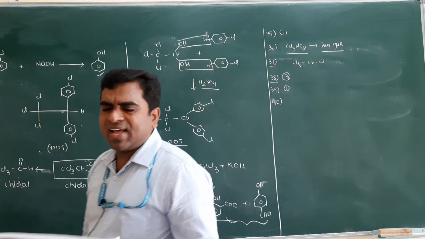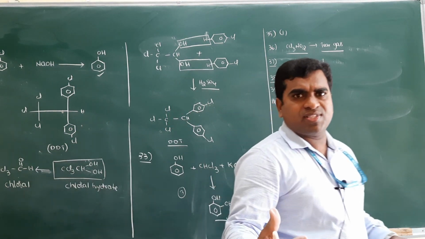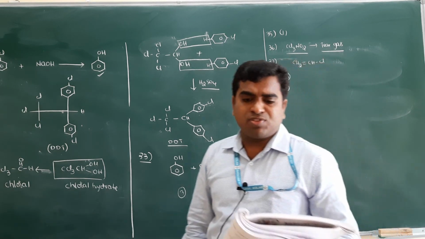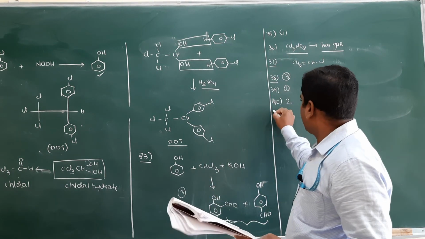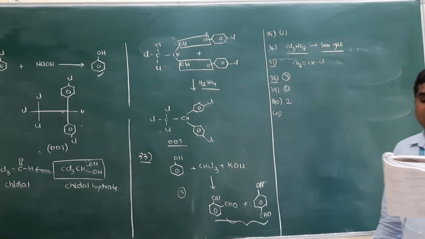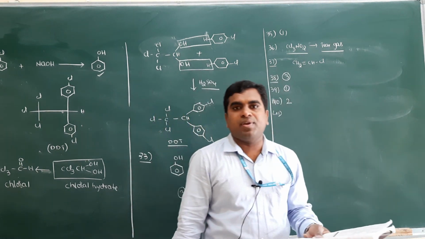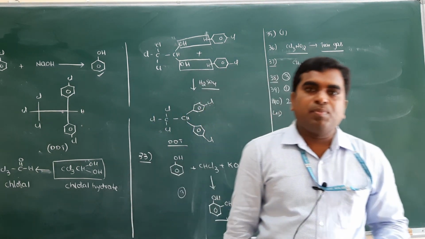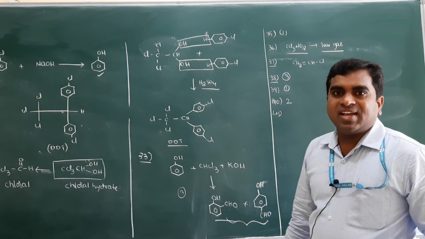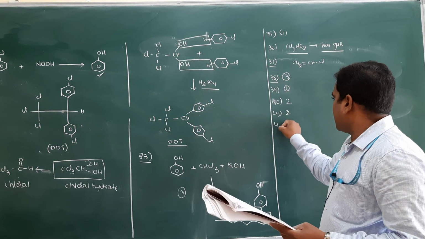Iodoform can be used as an antiseptic. You know, tincture, iodine will be present here, and it will be used as an antiseptic. So iodoform is used as which one here? Antiseptic. So 40 is option 2. Which of the following is an anesthetic? I already said chloroform is not used nowadays, but some years ago chloroform was used as an anesthetic. Clear? So option 2 is the correct one.